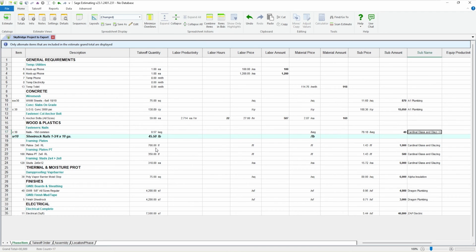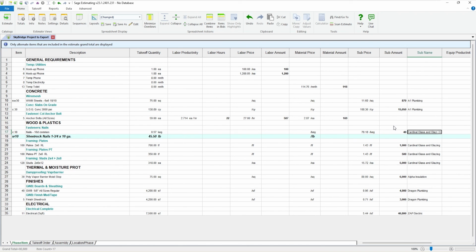Now with a little bit of adjusting maybe a few things, I could actually transfer this estimate over to my job cost system, my Sage Intacct or my Sage 300 CRE, something of that nature, to run the project. It's just a nice way to take my estimate from BidMetrics, get it back into estimating so I can review my cost codes, get my cost codes all matched up with my job cost system and so forth, and then get the initial budget set up.